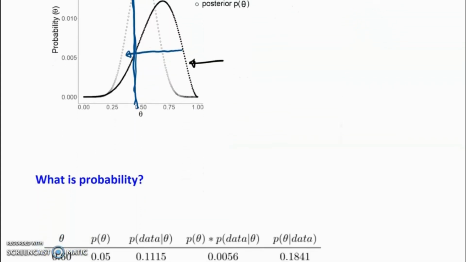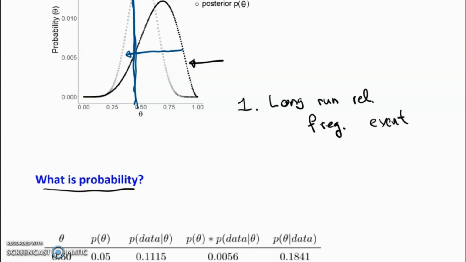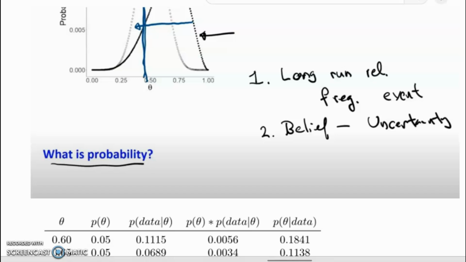Okay, so that was grid approximation. Now I want to move on to this question of what is probability. There's a couple of ways to think about probability. One is the long run relative frequency of an event. And the second is belief, or equivalently, we can think of that as uncertainty. Now what I want to do is go over 3 examples that explain that distinction between frequentist and